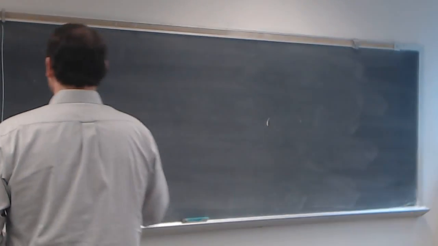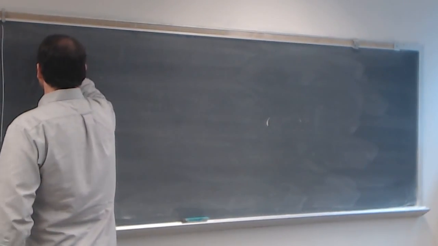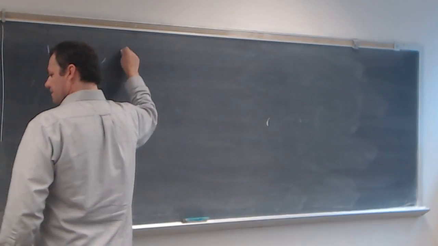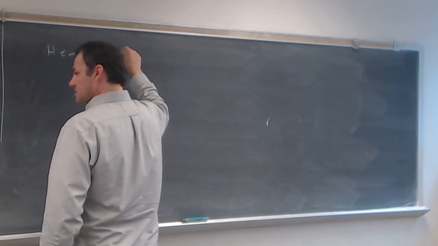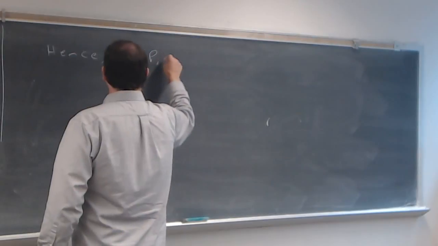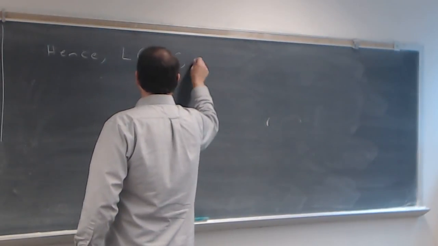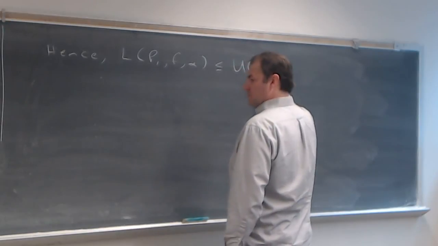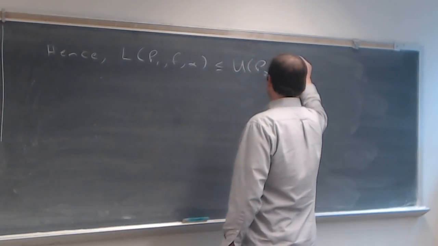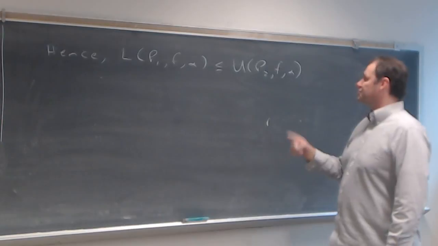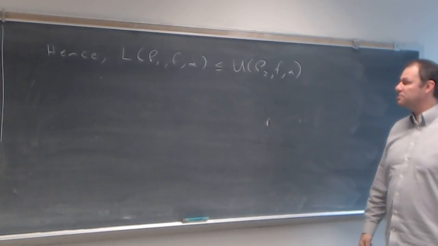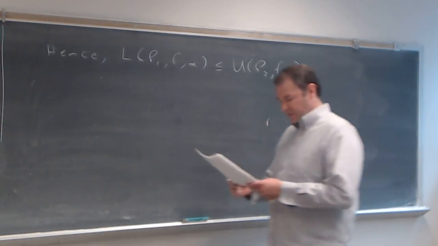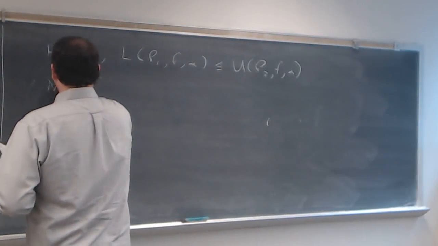Okay, what that gives us is the following statement. Hence, what we find is that L of P1 F alpha is definitely going to be less than or equal to the upper sum U of P2 F alpha. Okay, and that's true no matter what two partitions you take. And so that being the case, what we'll say is now by fixing